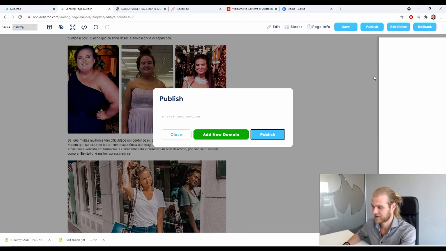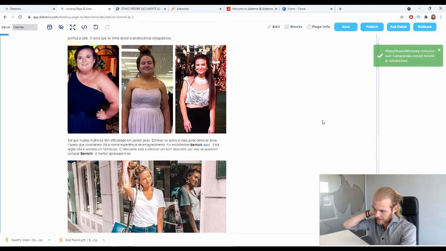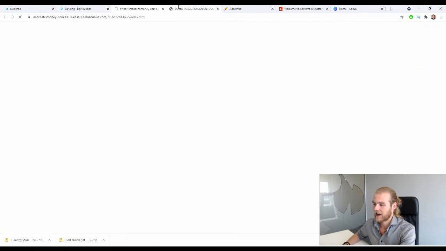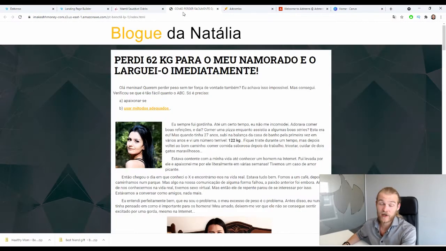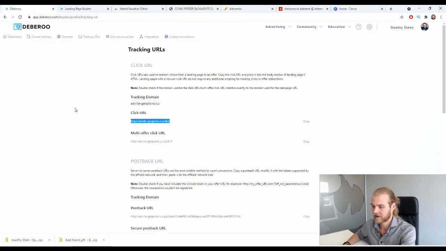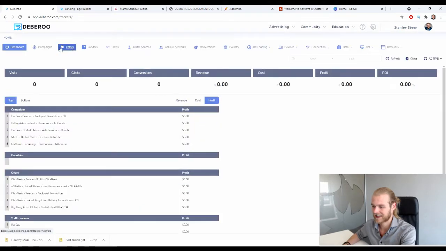Let's publish it. There we go. All right, cool. So we now have our 2 landing pages live and ready to go. So now we just need to add them to the tracker so that later on we can add them to our flow. Okay, so I'm going back to the Deberoo tracker and we're going to go to the Landers tab